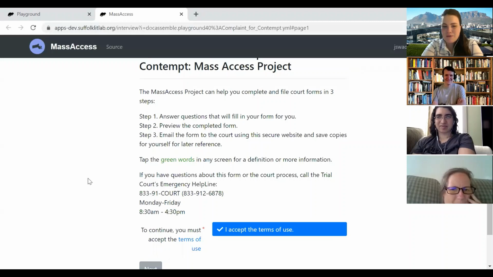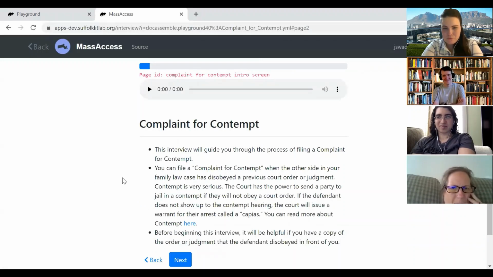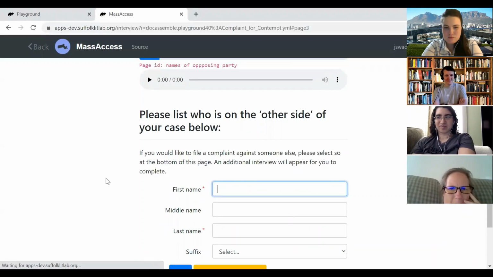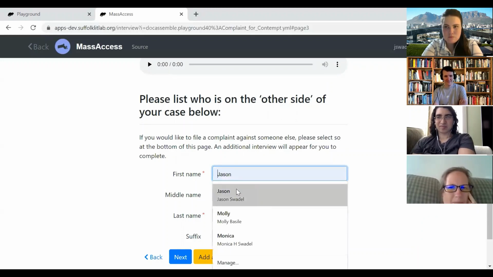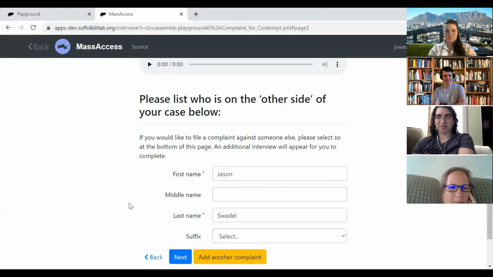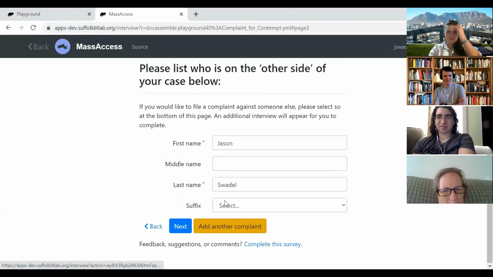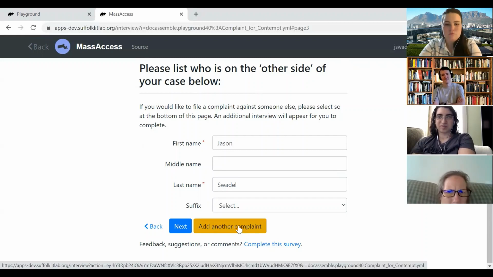Could you just flag where you've changed stuff as well, please? Yeah, we'll do. All right, so this is the same. Then we moved the name of the opposing party up to the first thing. And then I tried following the advice to remove the option to add another defendant. I got rid of that and add another complaint. However, this still has some errors in it, because if you click it, it just starts you over on the same screen.